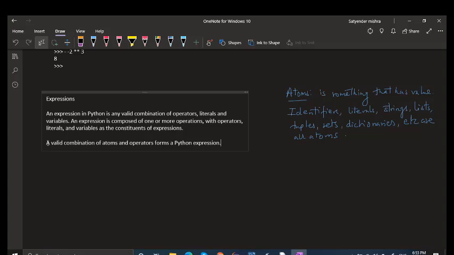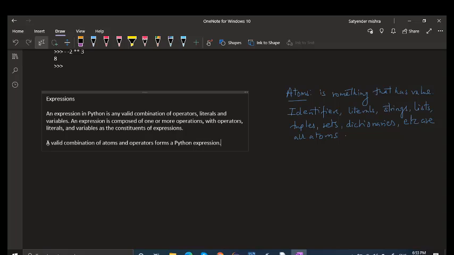So all of these are atoms in Python, like identifiers, literals, values enclosed in quotes, right? For example, a string is also a value. Everything is a value in Python.